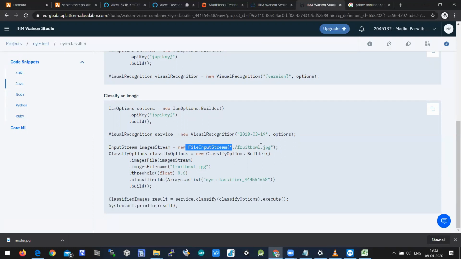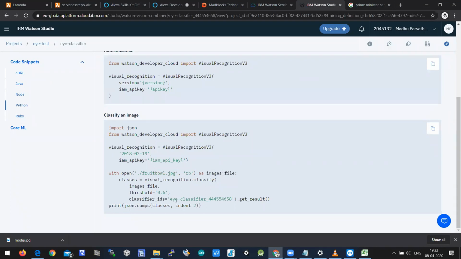That name will be passed here, and this will be calling dot builder dot classifier IDs. There is a method called dot classify here. That is most important. This is called an API. Dot classify is a function which classifies, which tests the image passed to the model, and that data it returns here, and it just prints it out. When you look at Python, in Python also you'll have this dot classify. So dot classify is an API. That is what an API is.